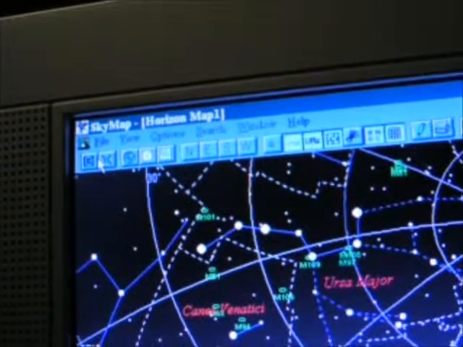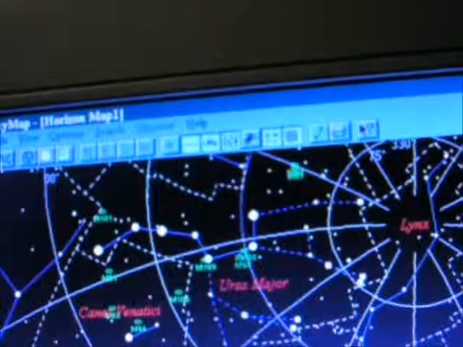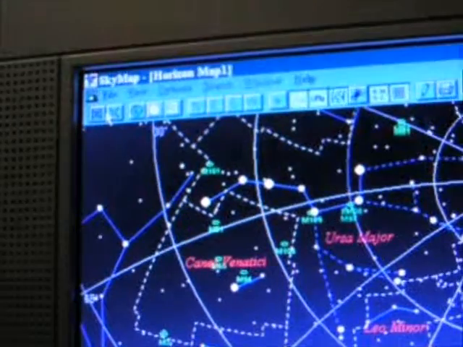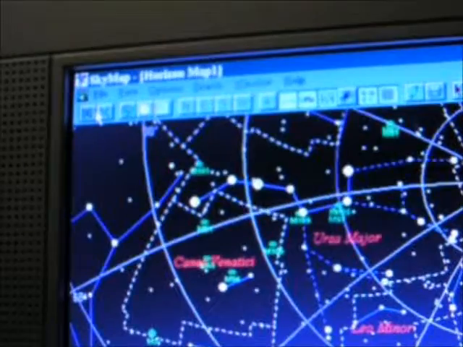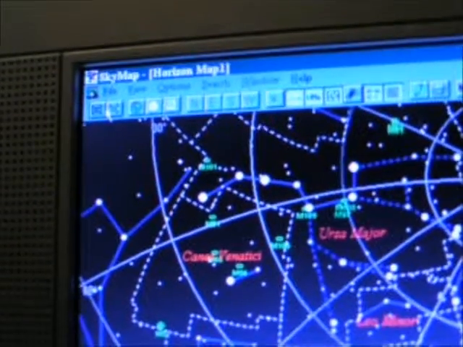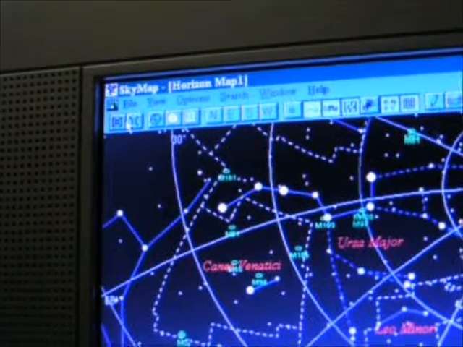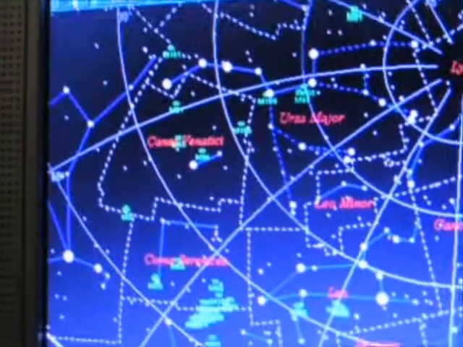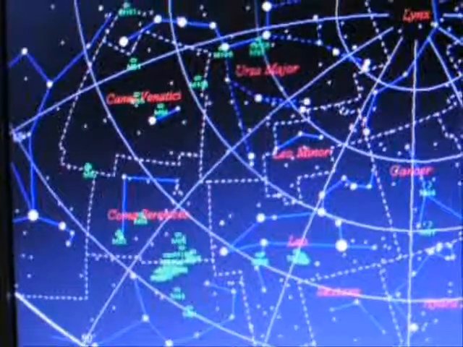And the plough itself appears to move around the pole star, or where the North Celestial Pole is. The actual pole star is not exactly there, but the orientation of the plough changes over the course of the night. Where I live in the UK, it's always above the horizon. It's just that the geometry of where it appears goes around, and it has a different orientation in the sky depending on the position of the stars at the time when you observe. So it's almost like a clock face, constantly circulating